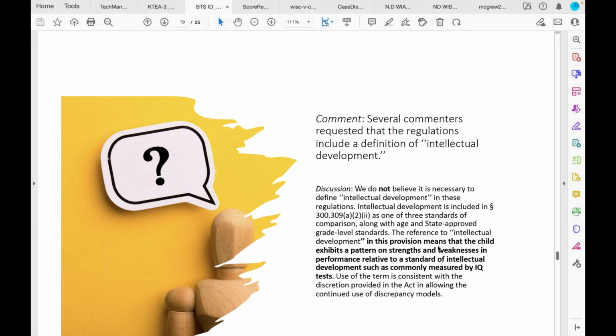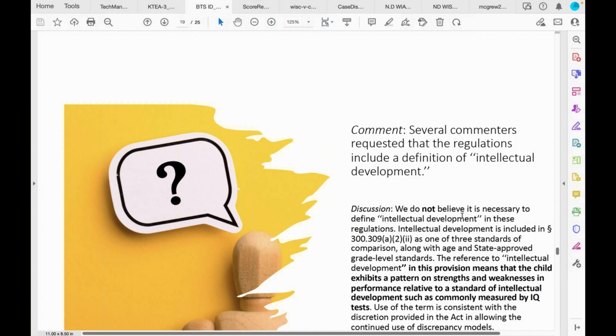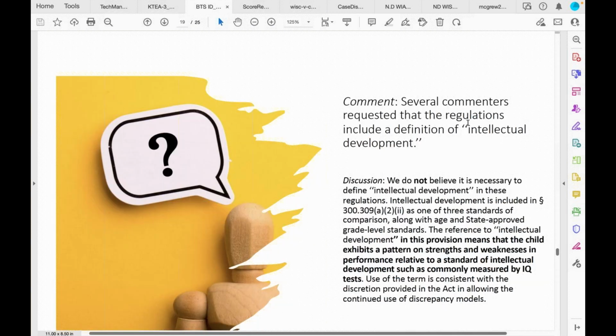Adaptive behavior, big ideas. Adaptive behavior is a manifestation of intelligence. Okay, adaptive behavior and IQ do not have a perfect correlation. Now, I know I've seen debates about this all the time, that in order to have a deficit in adaptive behavior, it's got to match the IQ, like have at least 70 or below. Okay, now again, Texas does not have a cutoff, but if you're saying that it has to match the IQ or be below, you are